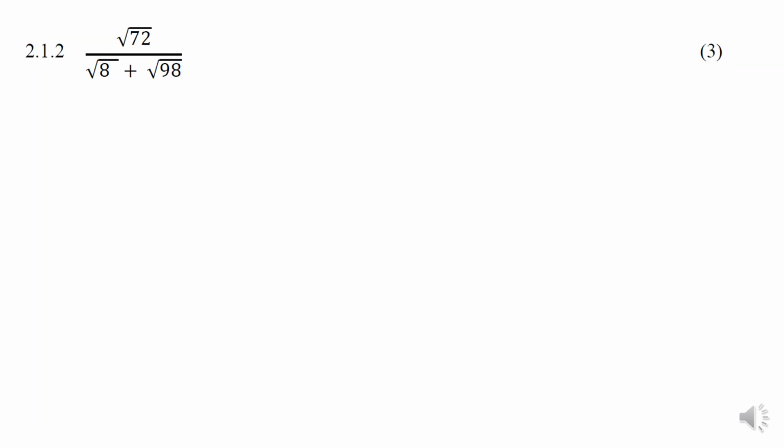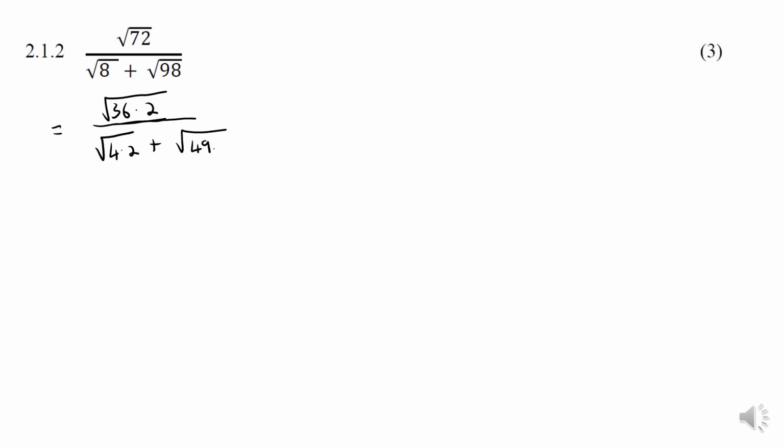For 2.1.2, we're working with square roots. Because you need to simplify this without the use of a calculator, I always suggest you type it into your Casio calculator and see what you get. You would notice you get 6 square root 2, which means under the square root it would have been 36 times 2, and that will give you 72. We're going to do exactly the same for the denominator. I noticed that it needs to be 4 times 2 plus